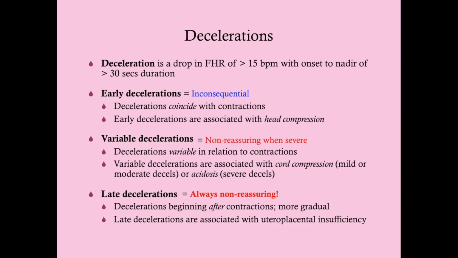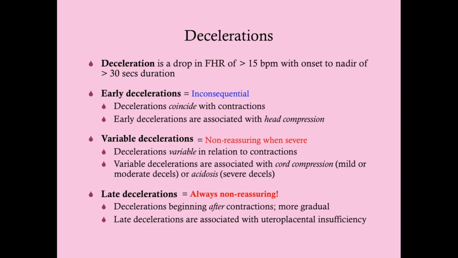The pathophysiology of the variable deceleration, why it happens physiologically, is very complex, and it has to do with reflex tachycardia and baroreceptors and all that stuff you do not need to know for the test. But you do need to know how variable decelerations look, that they are abrupt drops in the fetal heart rate. They can be dramatic drops, whereas with early and late, they're not quite as dramatic. And they're very different looking from one to the next. But just looking at the strip, there's no real apparent association with contractions,